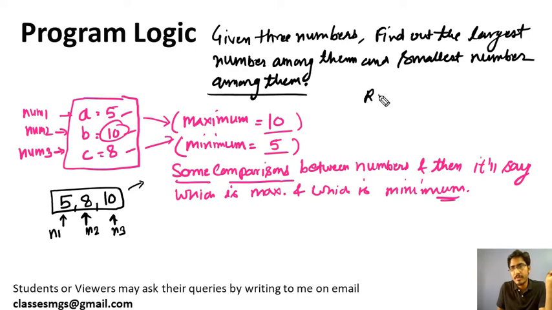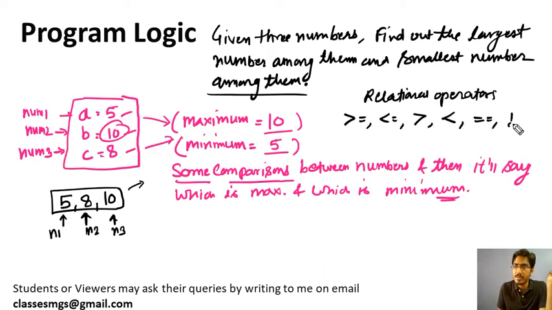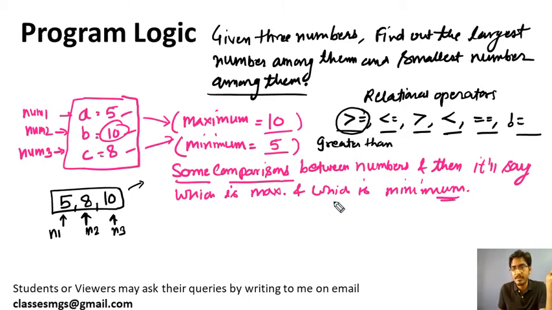so you should know what the relational operators are before starting this. What are relational operators? We have greater than or equal to, less than or equal to, greater than, less than, double equals, and not equals. You should know the meaning of these operators and how they work, otherwise you will not be able to understand it. The greater than or equal to operator returns true when the left side number is greater than or equal to the right side number. For example, 5 greater than or equal to 2 will return true